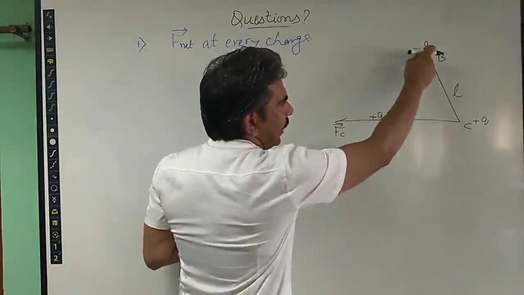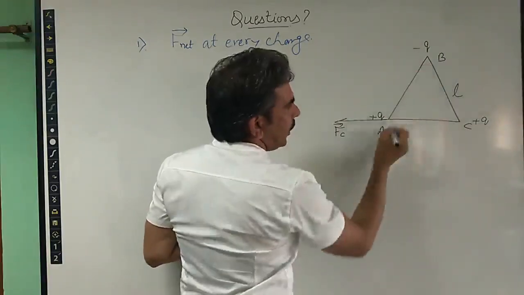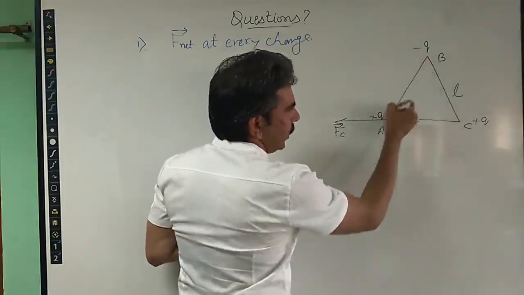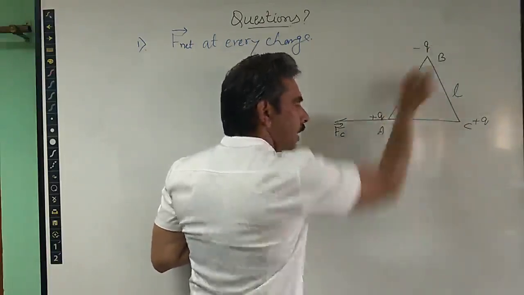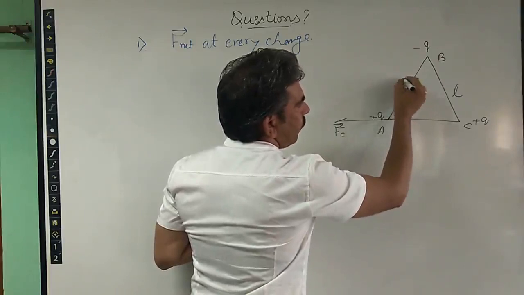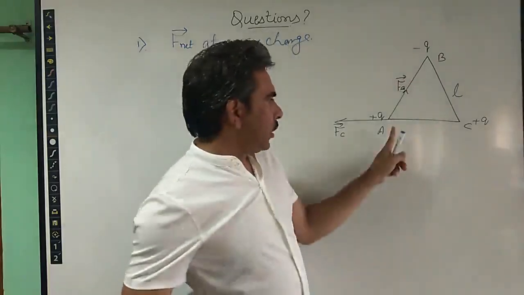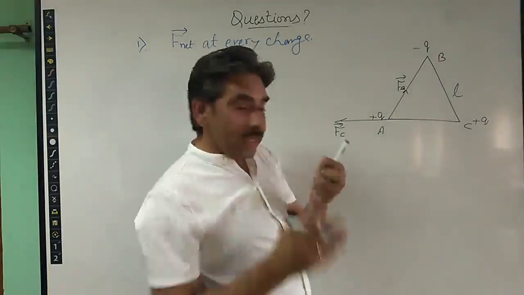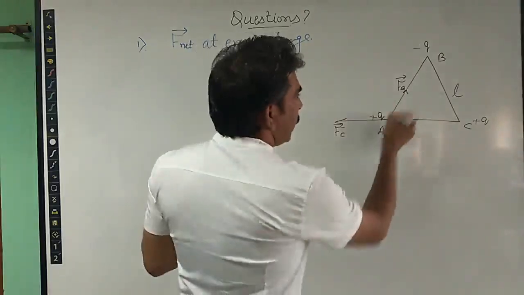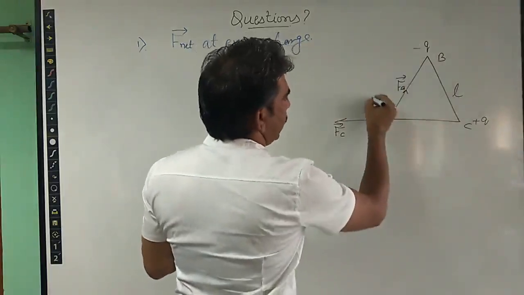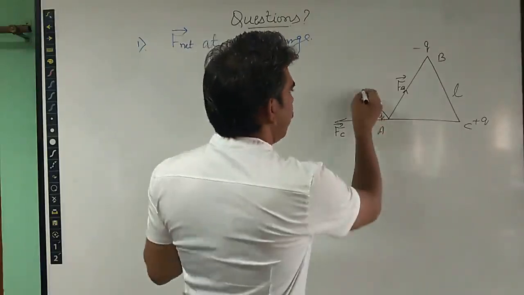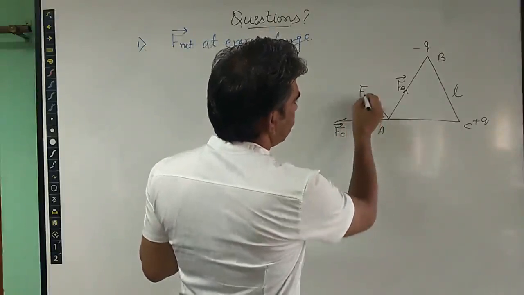And also the force exerted by the other charge, which is minus Q placed at position B. This is positive in nature and that is negative in nature, so it will be an attractive force, meaning the force due to this charge will be directed towards itself, and it will exert an attractive force on the charge placed at A. So what is the net force on A? The resultant of these two forces. Because the magnitudes are the same, the resultant can be calculated with the parallelogram law of vector addition. So this is the force. I am giving it the name FA.